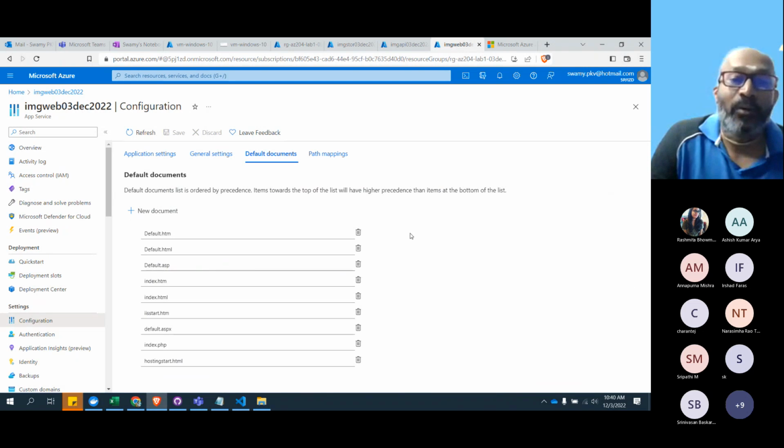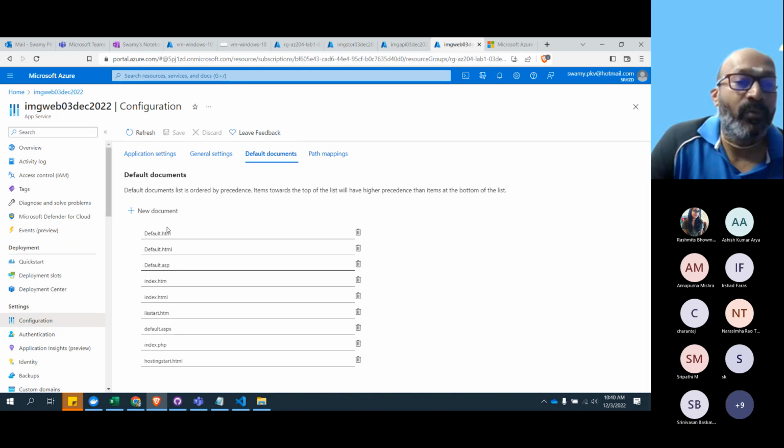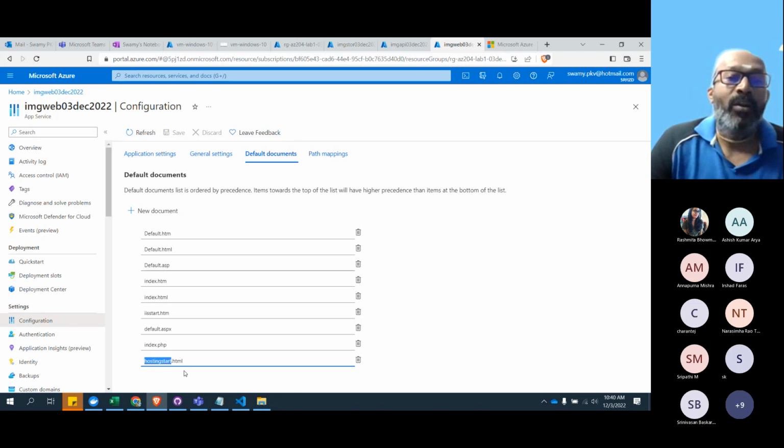People who have worked in that time definitely know that there will be something known as default apps or default files which will be configured. Even I worked in classic ASP, 1999, 2000. So we used to work with default ASP, default HTML, index HTML, IIS start HTML, default ASPX, index PHP, hosting start HTML. These are the default documents.